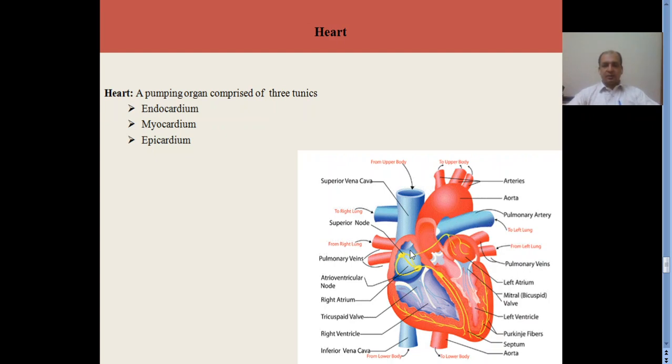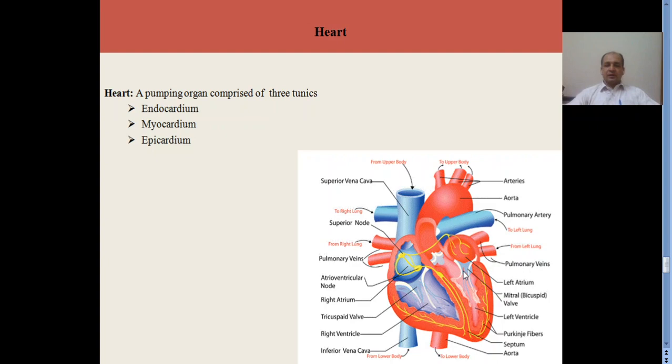Basically the blood that is coming to the heart is in a deoxygenated form, and it is transferred to the lungs for oxygenation, where the blood is oxygenated. Then it reaches through the pulmonary veins from the lungs to the left atrium, and from the atrium the blood is again transferred into the left ventricle. But there are also some flaps or valves present. These are called bicuspid valves, sometimes also called atrioventricular valves.